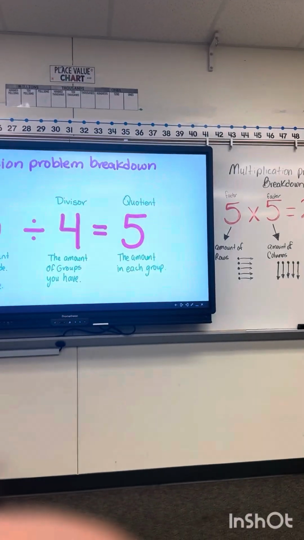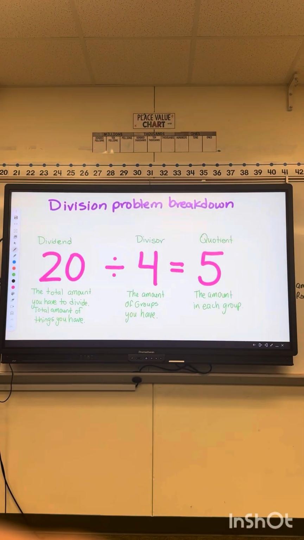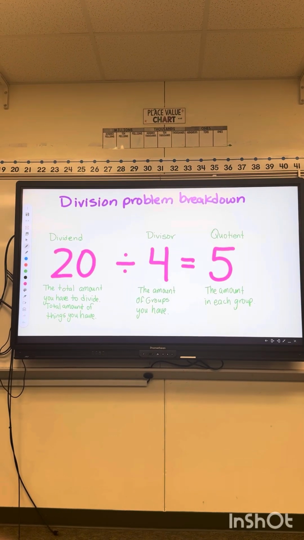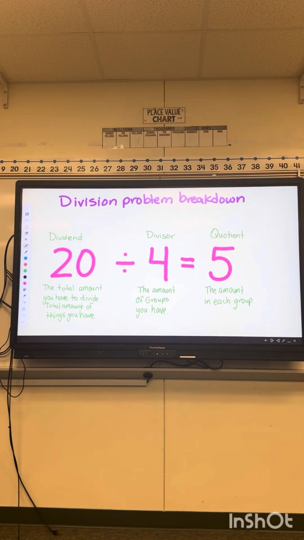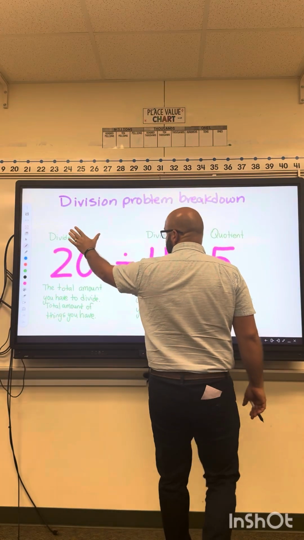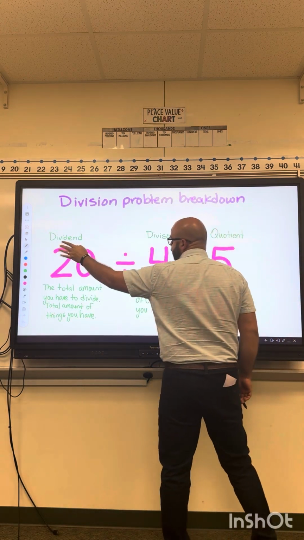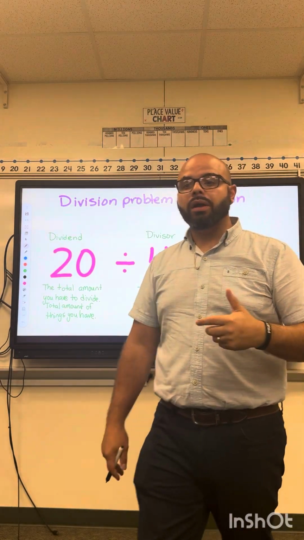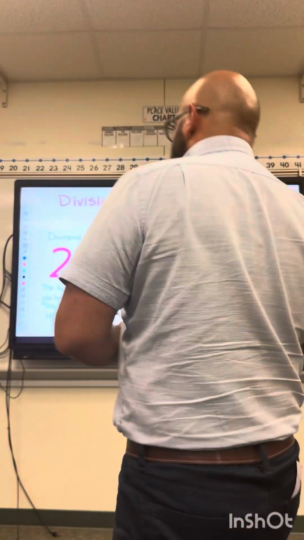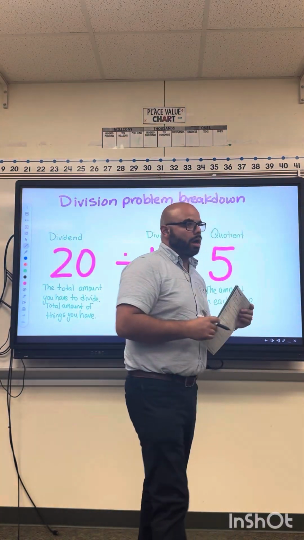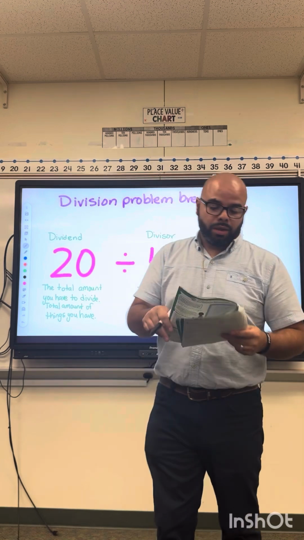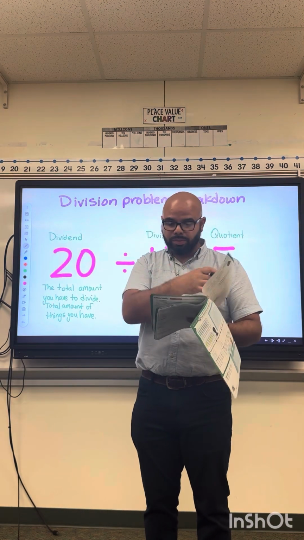That was something that they kind of got, the way that I explained it, and having that description on the bottom of the numbers helped them out. So that is division, the vocabulary: dividend, divisor, and quotient. They needed to know this because in the following lesson, we taught how to use the flip and solve. I'm going to go into that in a second, but let me just go into